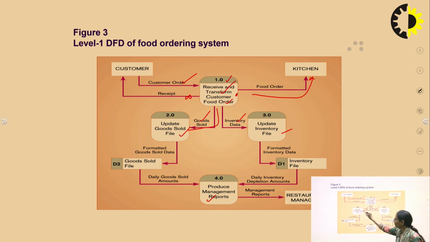So it is sending the data to both the processes. Here, if we talk about this process, it is formatting the goods sold data, and this is my database, in this case the goods sold file, and here I have the inventory file. It could be my XLS file, or it could be my database file, and it is updating this. Now, whatever updates are being done, the reports we are generating use both these data sets. So here the information is flowing from here to here, and finally it is generating the reports.